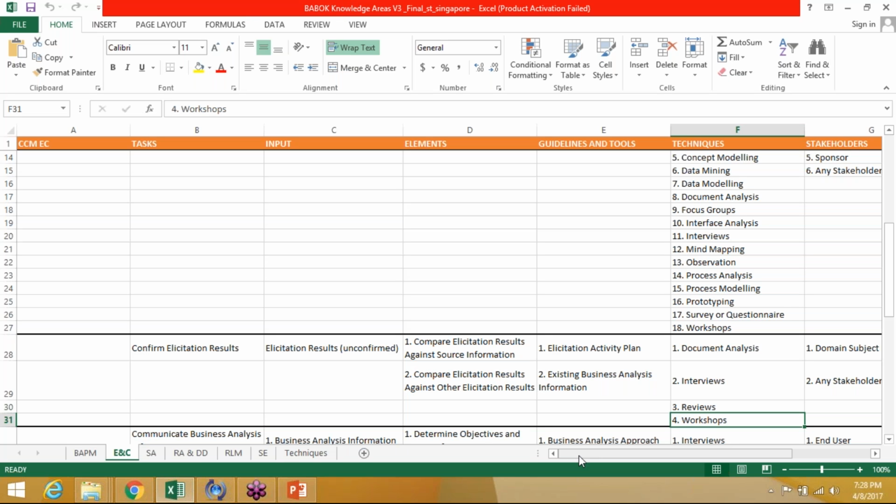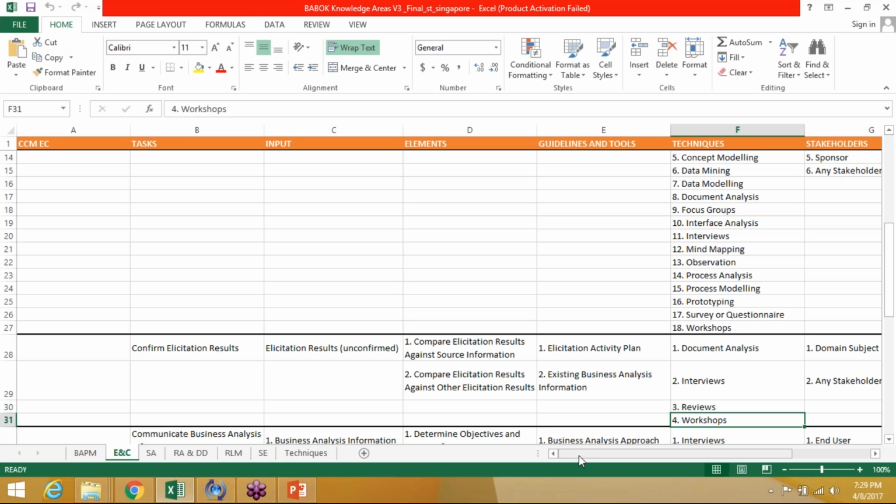Now, when you have to draw forth the information, your elicitation techniques have to be very good. And if your elicitation techniques are very good, you're going to be getting the right information. And if you get the right information, you're heading in the right direction. But in order to do the elicitation, you also need to have collaboration with the stakeholders. And that's the reason this knowledge area has undergone a change in BABOK 3. In BABOK 2, it was only referred to as elicitation, but here we call it elicitation and collaboration. Elicitation is to draw forth information, but to draw forth information, you require collaboration